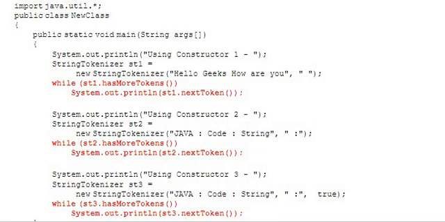Look at example 2. And in example 3, st3. Look at how many parameters are there. Within double quotations we have string, comma, within double quotations we have colon, comma, and we have true also. Third parameter, true.